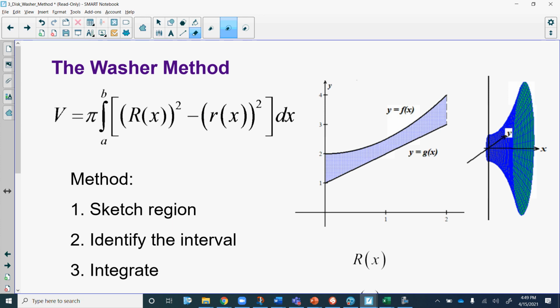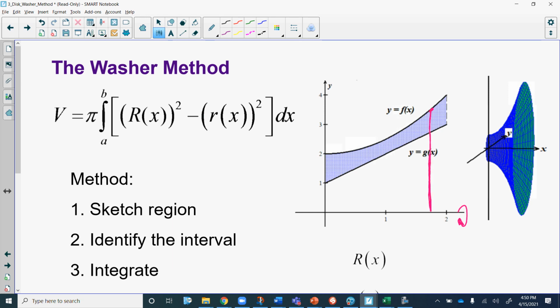Maybe that's a line for the g of x function, and maybe it's a compressed quadratic or some other kind of polynomial function for function f. Essentially, if we took that and rotated it around the x-axis, we would create a region where we would have an outer cylinder, an outer radius. If we rotated this around the x-axis, kind of like what the picture is showing us,